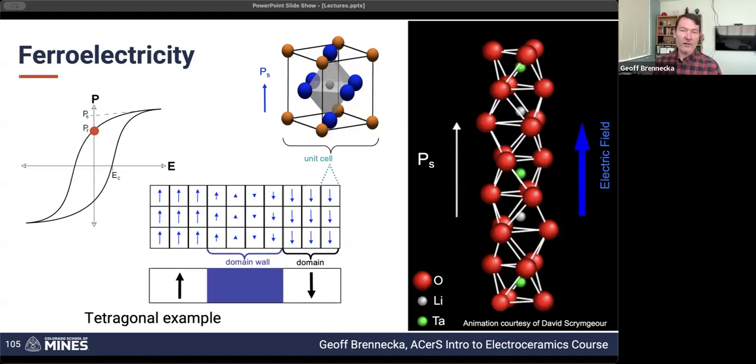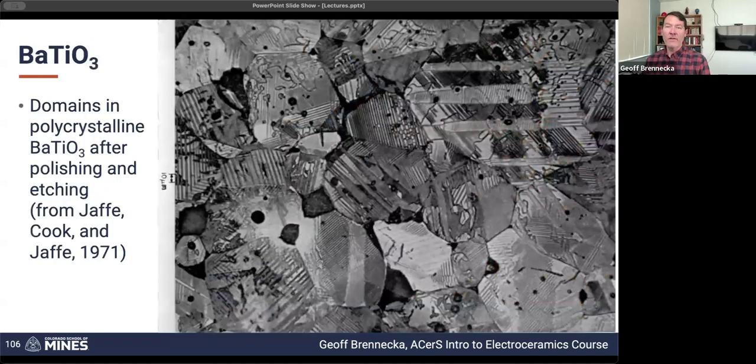So what does that look like when we go through this hysteresis loop? If we're all pulled up, then essentially the titanium ion is sitting above. When it's all pulled down, the titanium ion is sitting just below the plane, and that defines the hysteresis loop as we go through that process. And so now we expand that beyond just the